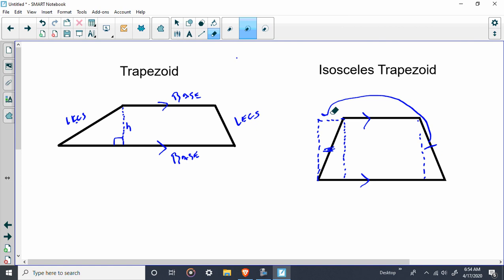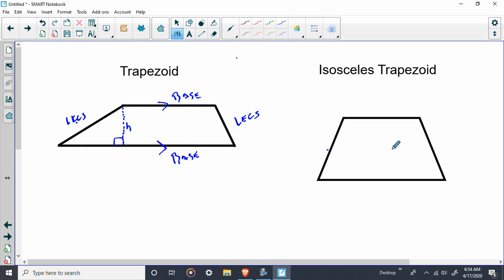We want to know these vocabulary terms because they might put it in writing, right? They might say, this is an isosceles trapezoid, and you're going to have to know, hey, that means that these sides are congruent and these sides are parallel, okay? All right,